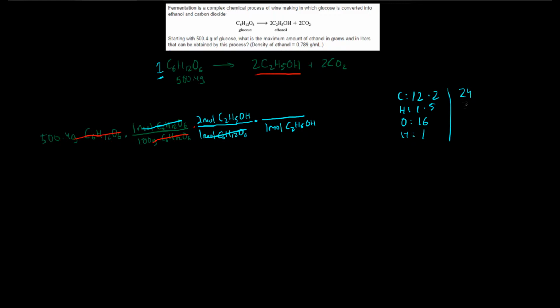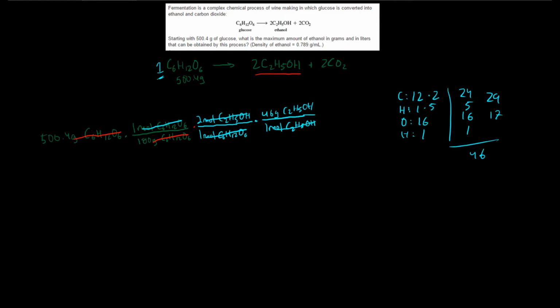So this is going to be 24, 5, 16, and 1. So that would be 29, 17, that'd be 39, 46. Okay, so 46 grams of C2H5OH. Awesome. And then once we evaluate all this, we're actually going to find that we end up with grams